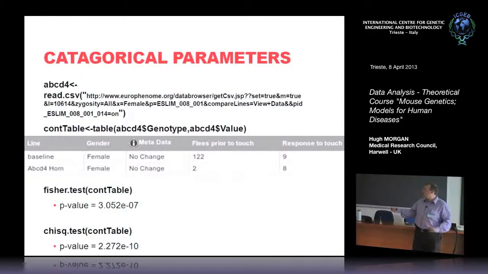The more standard one would be the chi-squared test. This is an approximation, and depending who you talk to there are different rules, but you've got to expect a minimum of somewhere between 5 and 10 in each of these cells, which is quite a lot,